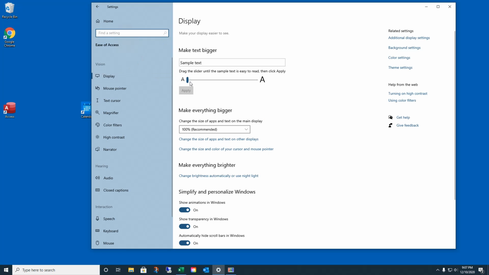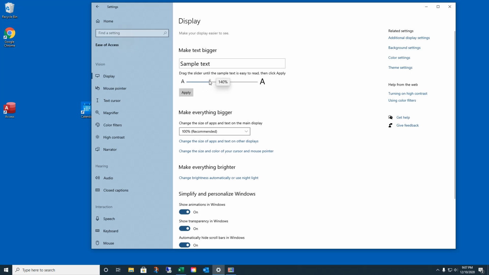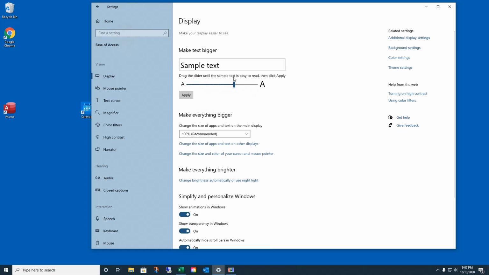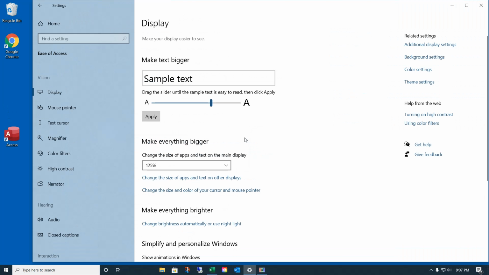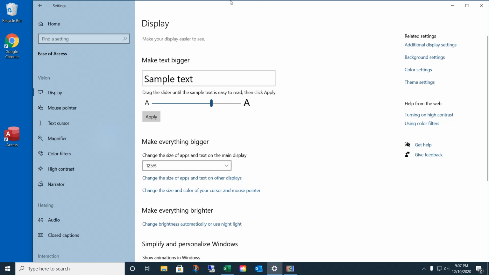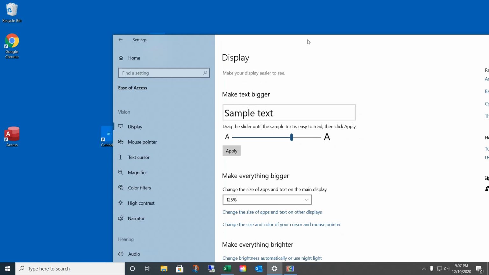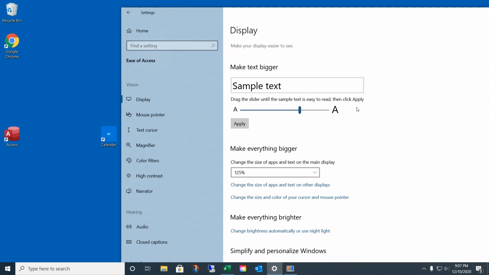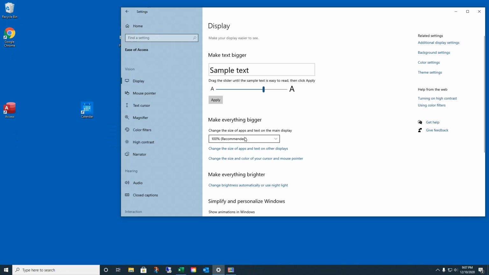Okay, so this will change your text bigger. This will make everything bigger. So you go 125%. So you notice on my background how everything got bigger. Or you could just do the text. Let's see, let's put this back to 100. So that was everything. Now if I just wanted the text bigger, I made that bigger,